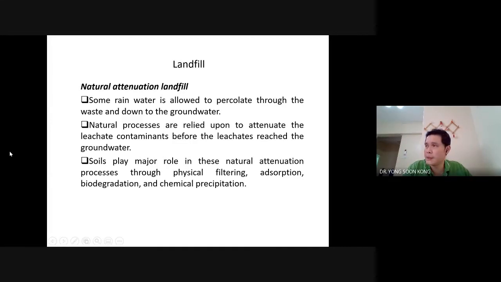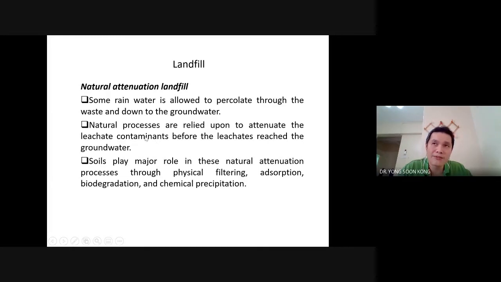It is actually relying mostly on indigenous bacteria. That means the bacteria already in the soil conduct all those decomposition and degrading processes. For example, if the municipal solid waste consists of food waste, the food waste itself already has all the required microbes to do the job of degradation. So what they do is they just leave it in the landfill, close it, and inside the soil, the bacteria will slowly degrade it until it is stabilized. Once it's degraded, it probably becomes fertilizer. That is the point, which is why